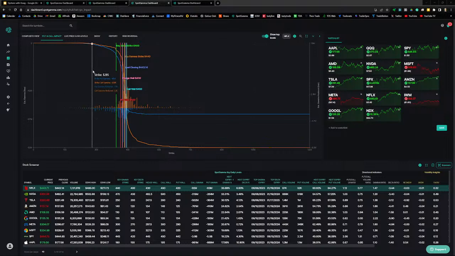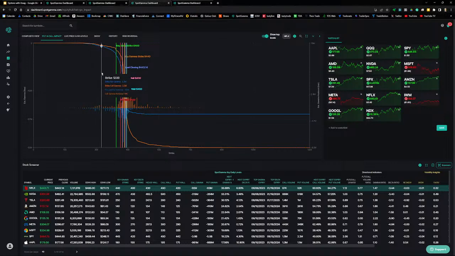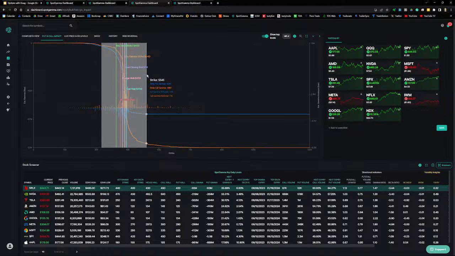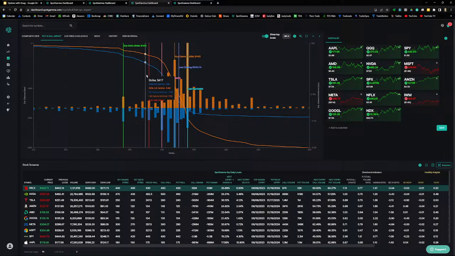Truman wanted to ask about the put and call impact chart. Go to the help section on SpotGamma for more information on this. Just very briefly, the blue line is showing the rate of change of gamma for puts. Orange line showing the rate of change of gamma for calls. And when the slope of these lines is very steep, more vertical, that indicates a greater rate of change of gamma, and that indicates in this range, let's say between